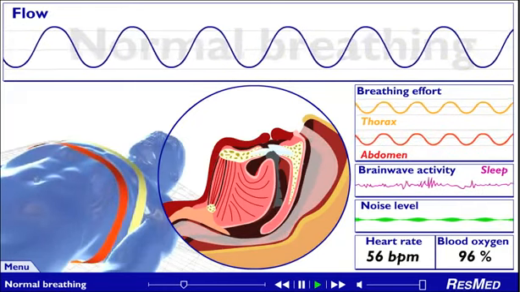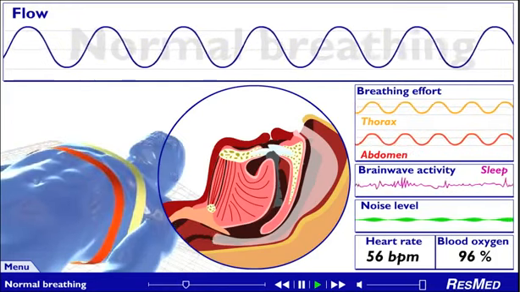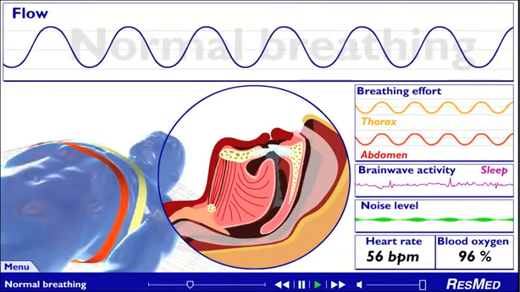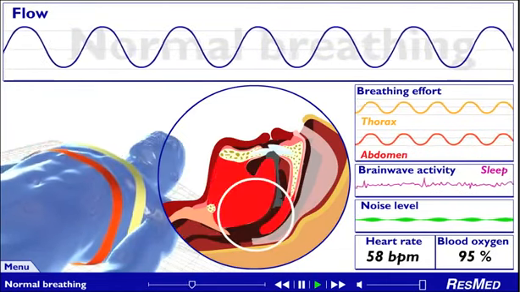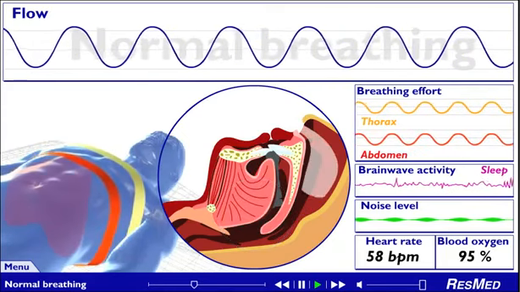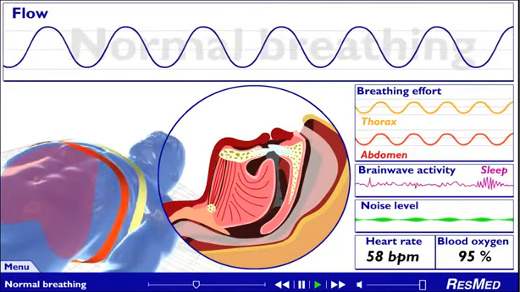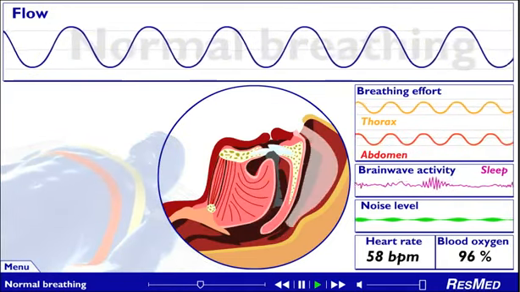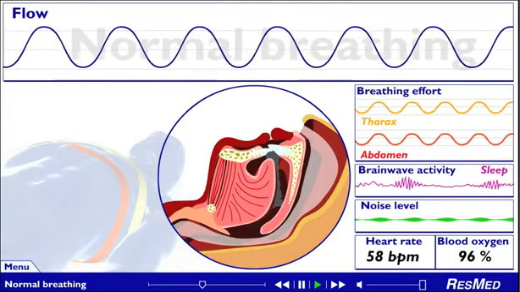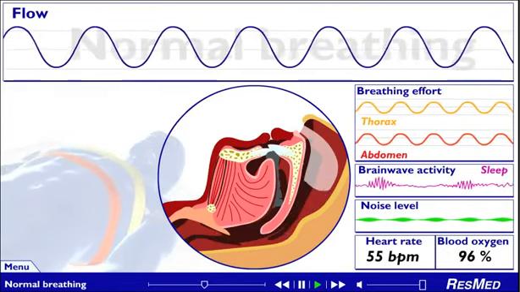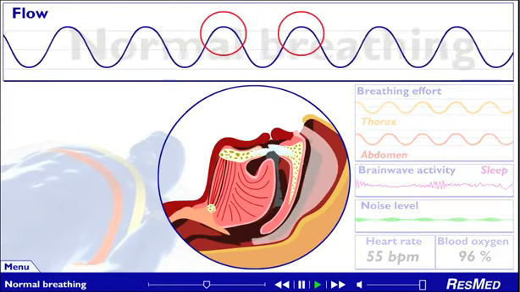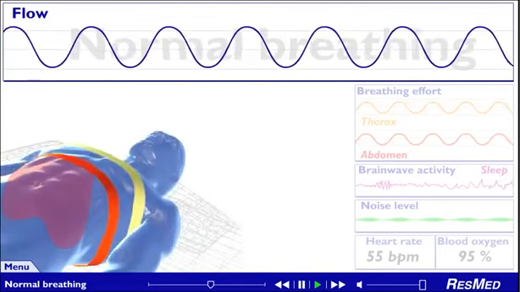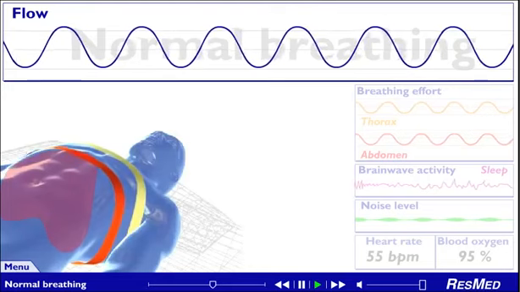When you drift off to sleep, most of the muscles in your body relax. However, there are exceptions, such as the diaphragm and, to a lesser extent, the dilator muscles, which control the tongue and soft palate. The diaphragm is assisting our simulated model to breathe normally. The dilator muscles, too, are at work, holding the upper airway fully open. As air flows freely and evenly into and out of the lungs, a typical bell-shaped curve of the airflow is seen. The air flows because of the bellows effect of the diaphragm muscle, which sucks air into the lungs.